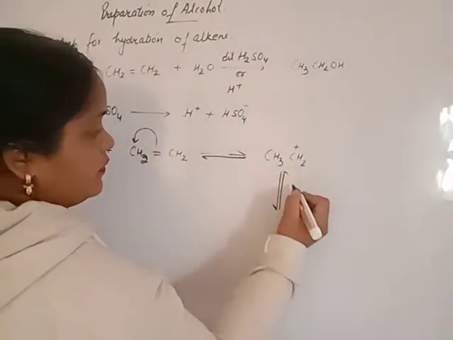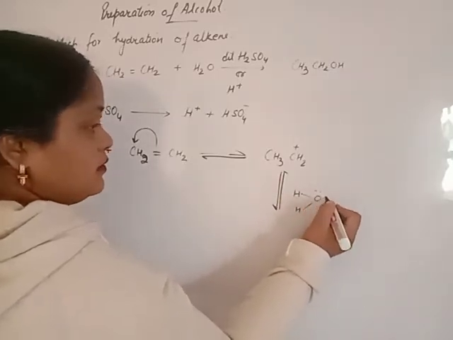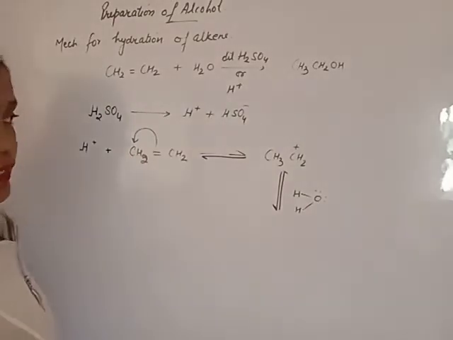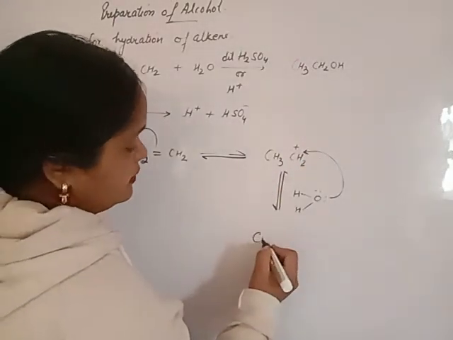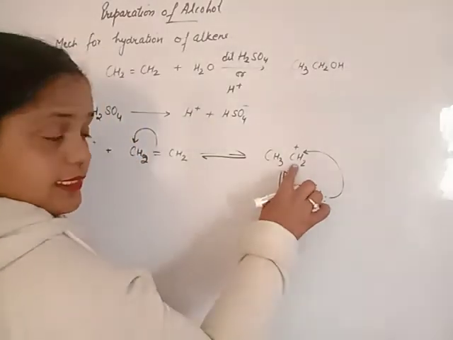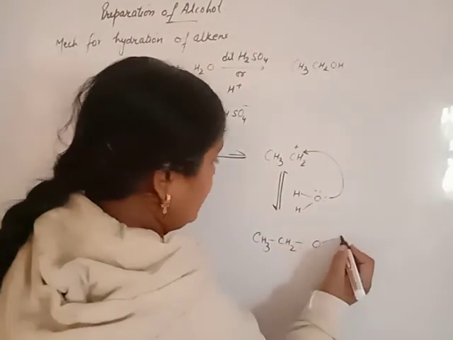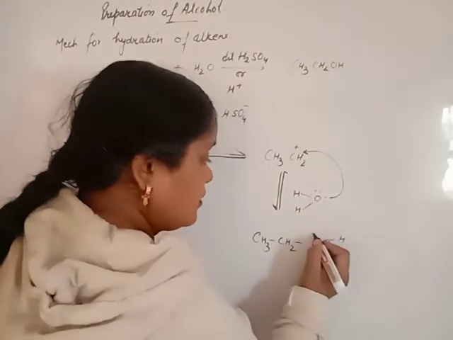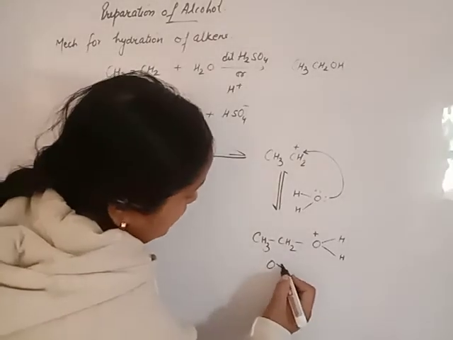And on this carbocation, which one attacks? Beta, attack of water. Water will attack the positively charged carbon of the carbocation, and we will get an oxonium ion. CH2 remains as it is, oxygen gives the electron, so the positive charge is neutralized. And the element which gives the electron is positively charged. Oxygen is the most electronegative atom, but it carries a positive charge. It is known as oxonium ion.